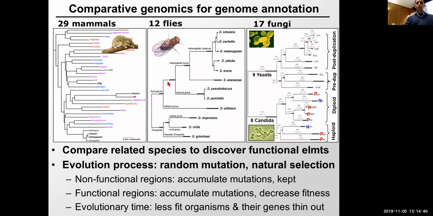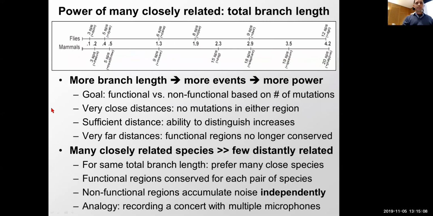Now, the question is, what happens across larger and larger distances? All these projects that I mentioned earlier are sequencing dozens and sometimes hundreds of species in each of these lineages. Why? The reason is we want more power. The idea is that with more branch length, you have more opportunities to observe differential events and therefore more power. If your goal is to distinguish functional versus non-functional nucleotides based on the number of mutations that accumulate,